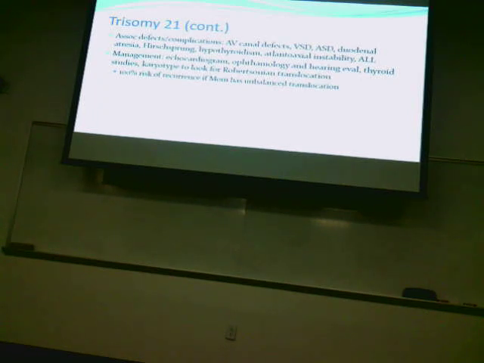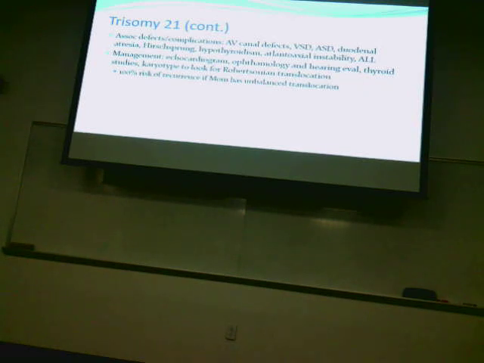So your workup for a Down syndrome kid is going to be, of course, an echocardiogram to look for any heart defects, ophthalmology and hearing eval, thyroid studies because they're at risk of hypothyroidism, karyotype. So usually there's not many indications for a karyotype just because our CMA is really good at getting any kind of trisomies or any small deletion or insertion genetic syndrome. But we do a karyotype here because we want to look for a Robertsonian translocation. So you won't pick that up on CMA because the